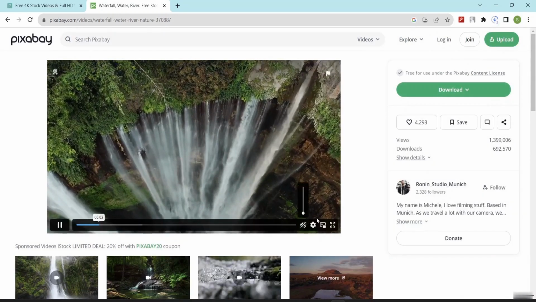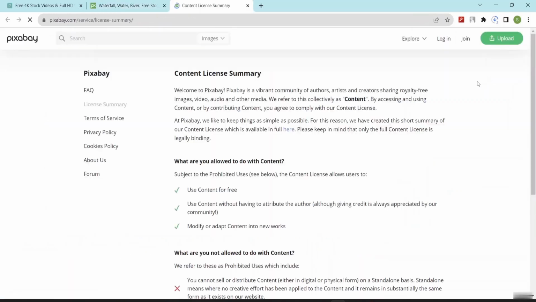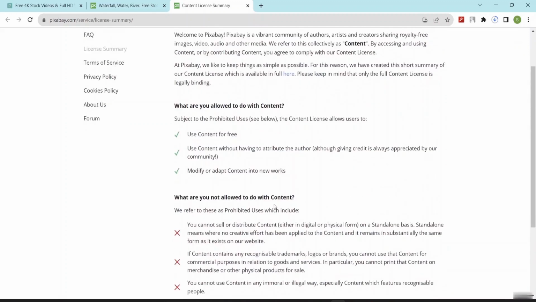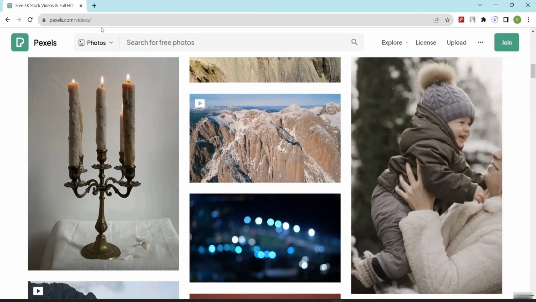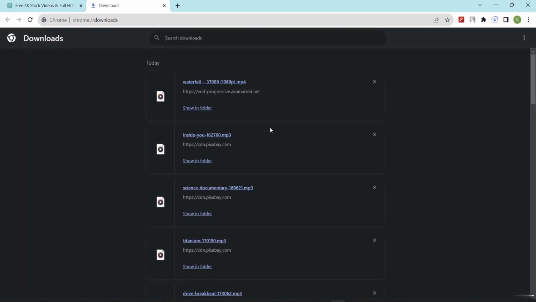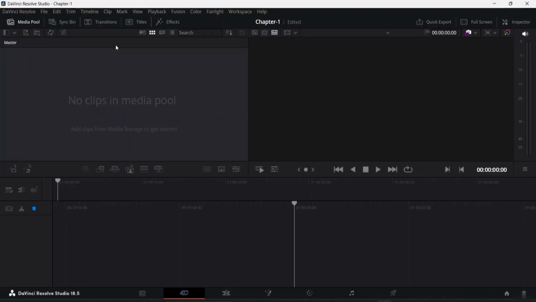Those things are getting downloaded, and from here you can click on the content license. You can check that this content is free to use, what all you can do and what you are not allowed to do. I will come back again and continue downloading these things. These things are getting downloaded. I'll minimize this part and go back to my DaVinci Resolve. Once I am done with downloading those videos,